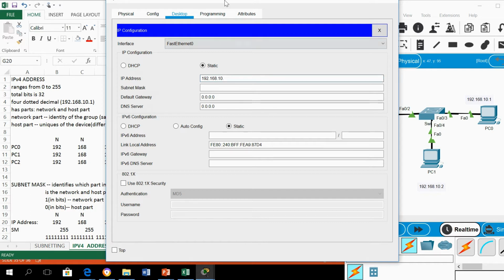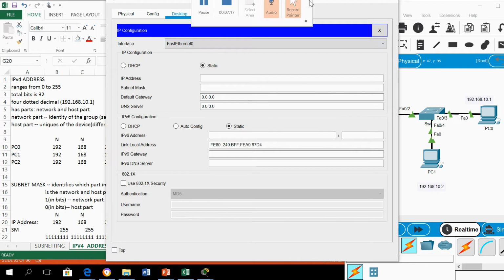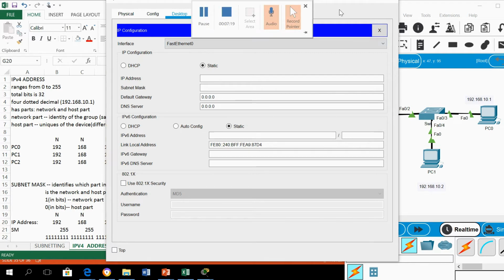Let's follow the, sorry, let's follow the, wait, let's,